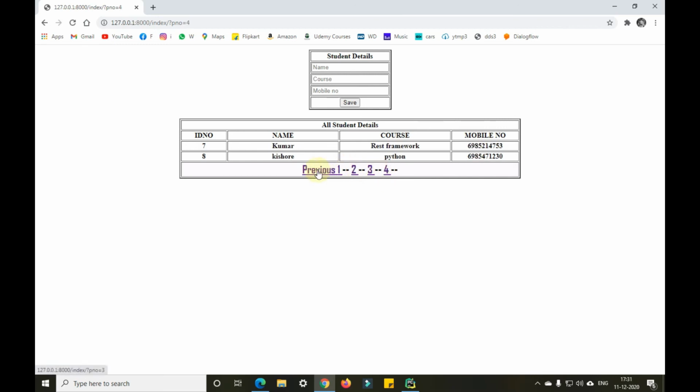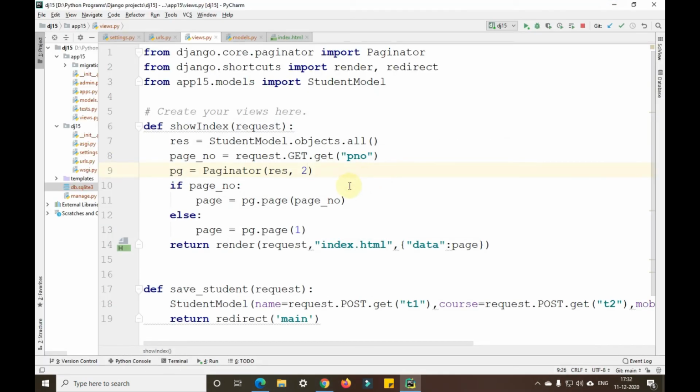This previous will work only if we are not in the first page, and this next will come only if we are not in the last page here. Okay. How did I do that? Also I'll be showing you. If page number is there, page equals pg.page(page number). Else, if there is no particular page number, we are by default taking the page number as 1 here. Okay.